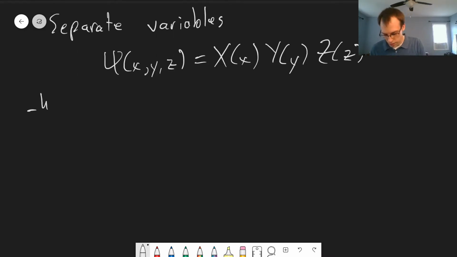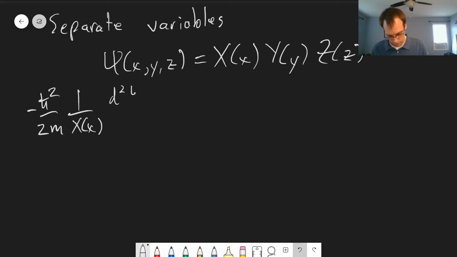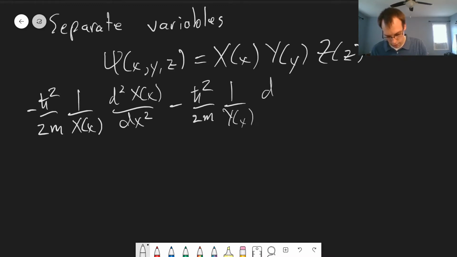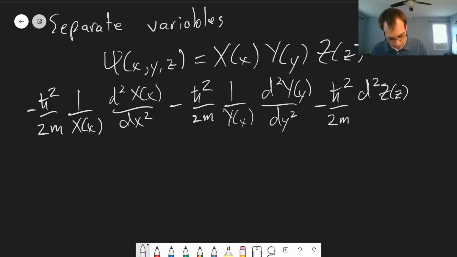Overall, we'll end up with negative h bar squared over 2m, 1 over X of x, d squared X of x over dx squared, minus h bar squared over 2m, 1 over Y of y, d squared Y of y over dy squared, minus h bar squared over 2m, 1 over Z of z, d squared Z of z over dz squared, is equal to